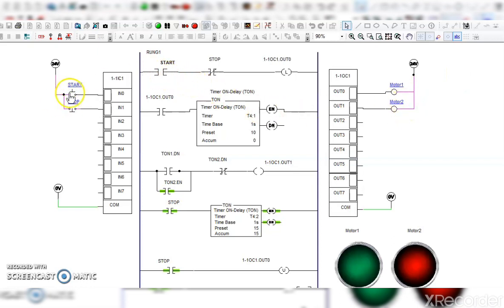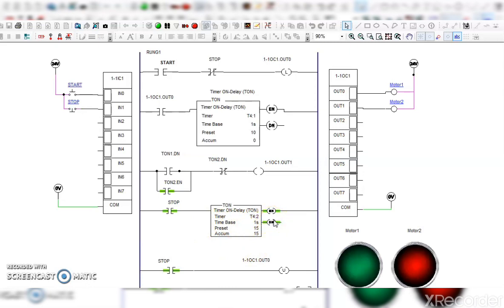Means when start switch is pressed, immediately the motor 1 is started, and after 10 seconds the motor 2 is started. When stop switch is pressed, immediately motor 1 gets stopped, and after 15 seconds the second motor is stopped.